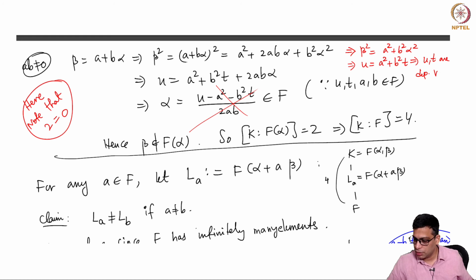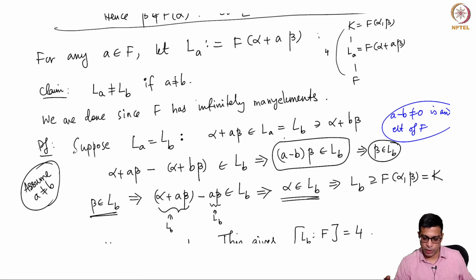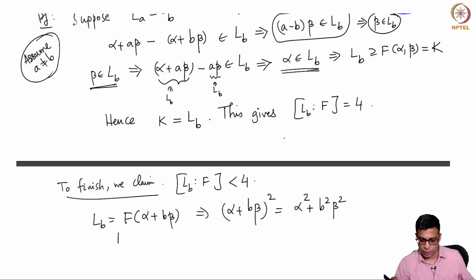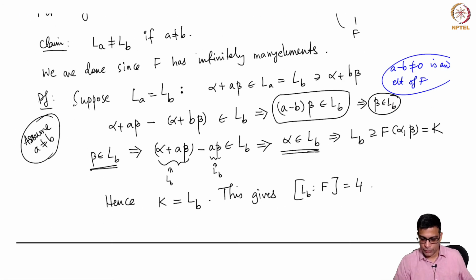So because this relation makes them independent, this equation forces them to be dependent variables, but that's not possible because u and t are independent variables. So in fact I didn't need to do all this work. Okay, sorry about that. So there is a small error here. I did more than what is required. I can just use the fact that this must be 0 and directly show that I get a dependence relation between u and t, which is not possible. So I did more work, but I hope that's clear, that you understand the error and you realize that we nevertheless have the result that we want. So go back to that if needed.